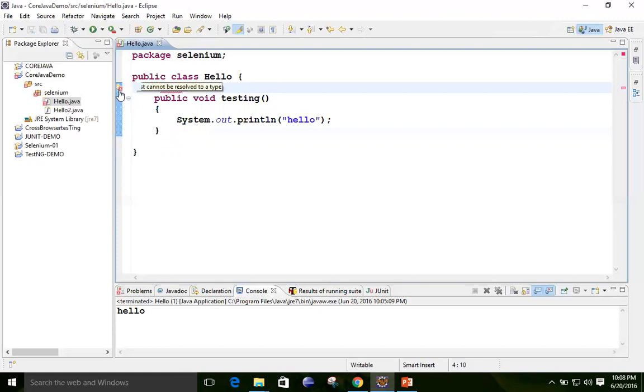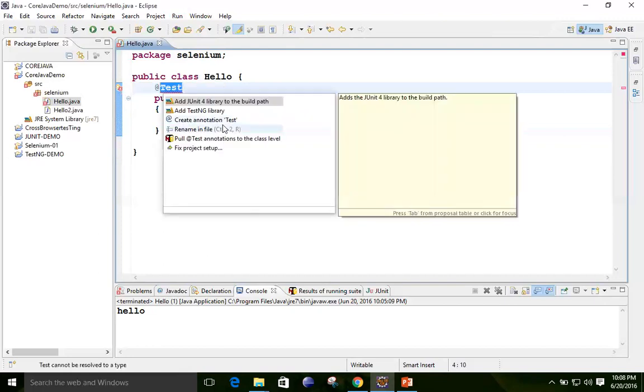Is there still any error over here? Click on this one. You will see the option, add JUnit library to the build path. For working with JUnit, you can work directly, or there may be chances that you download the jar files and then give those jar files to this project. But in Java, we have the feature that it will automatically detect the JUnit jar files.